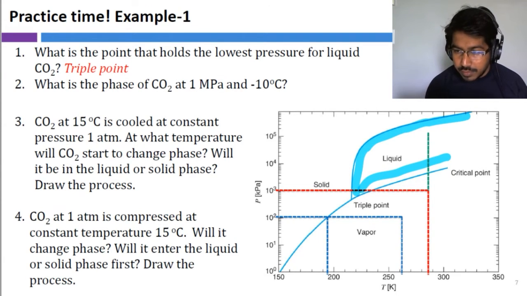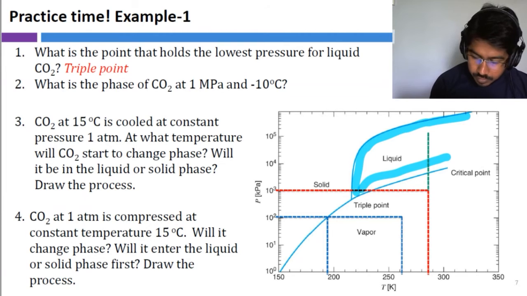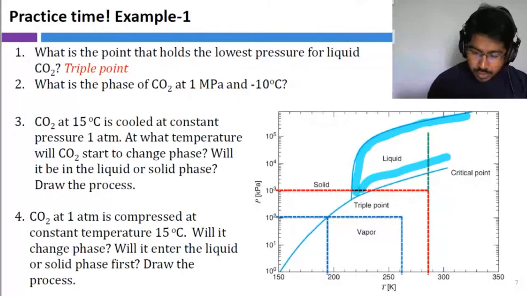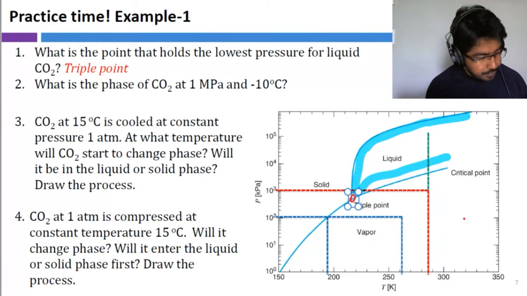Scott and Stephen got it right. And triple point, this is the liquid region. So the lowest point where we can have a liquid is at the triple point, right? So then